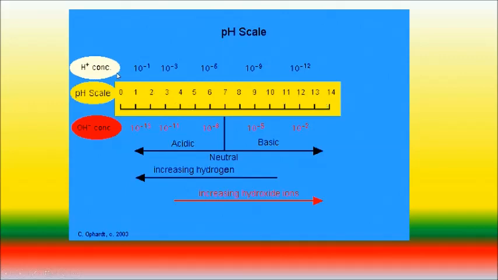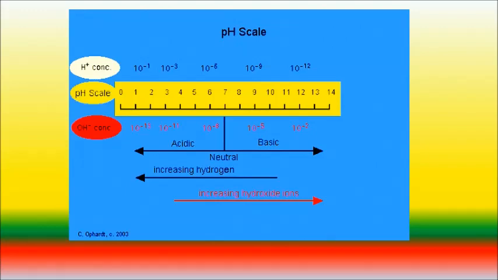See the concentration, it starts with 10 raised to 0 to 10 raised to minus 14. So from 10 raised to 1 onwards to 10 raised to minus 7, up to that area, it is acidic. And the other part, it is basic. The OH minus ion concentration will change little, or it is the reverse of the H plus ion concentration. That is, from left to right, it starts with 10 raised to minus 14 to 10 raised to 0. So we can understand one more thing. The acidic and basic nature we can explain also.